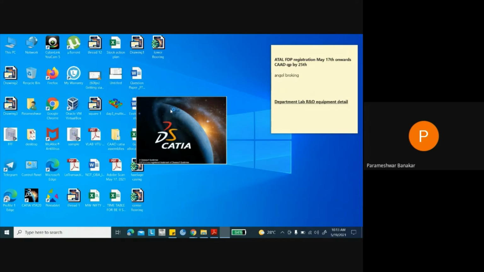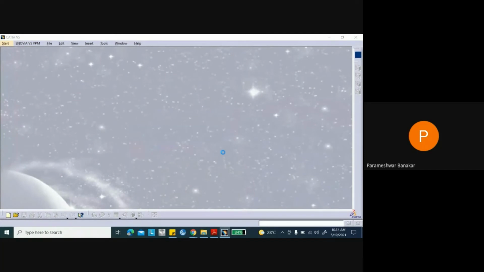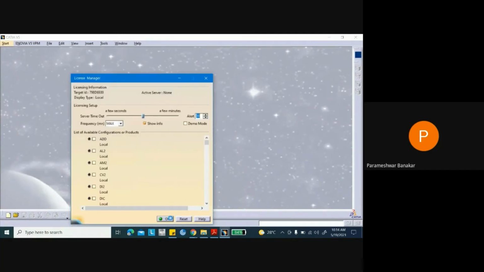Up to part design you can do it, but from now onwards you are supposed to learn how to assemble them. You need to learn that properly. I will show you how to do that. Just wait, it is opening.